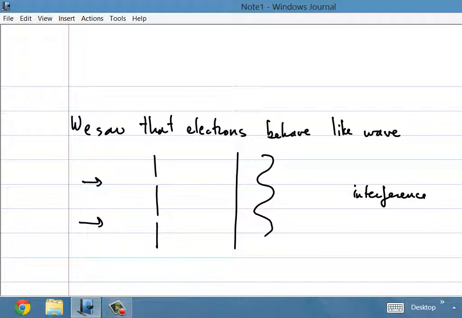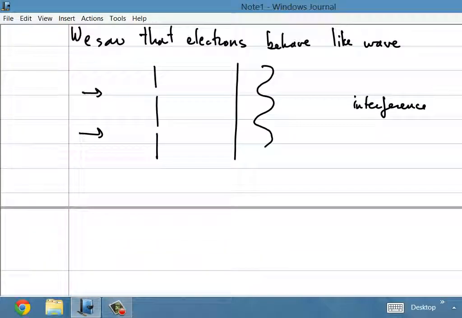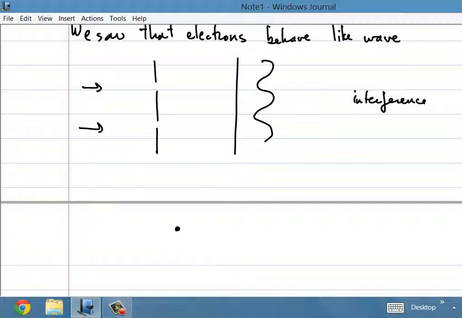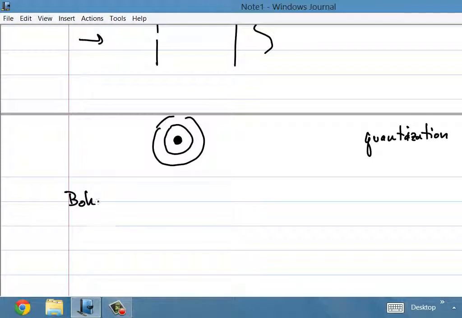And the other feature that we saw that taught us that electrons behave at least a little bit like waves is quantization. In particular, if you have a nucleus, such as the nucleus of a hydrogen atom, then the allowed states that an electron can occupy as it orbits around the nucleus of this atom are discretized in some way. In particular, the allowed radius that the electron can have as it goes in one of these circular orbits can take only one of a discrete set of values. This is something that we discussed last time in the context of the Bohr model